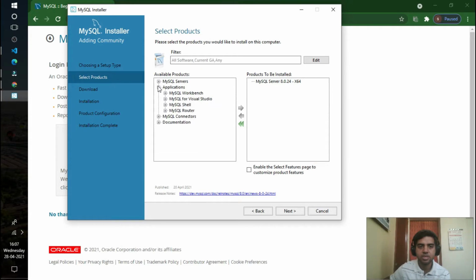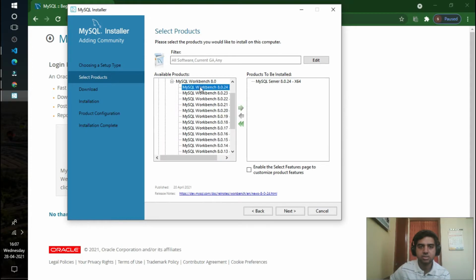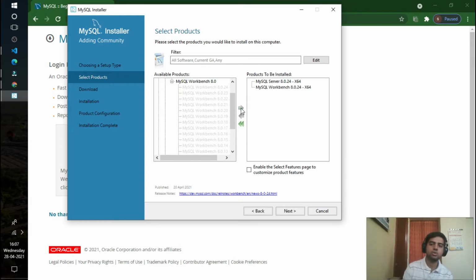Now come to applications, and here is something called Workbench. Click on this Workbench 8.0.24 and just enable it. So what is Workbench? Workbench is where you design your DB. It's not exactly a code editor, but it works somewhat like a code editor.